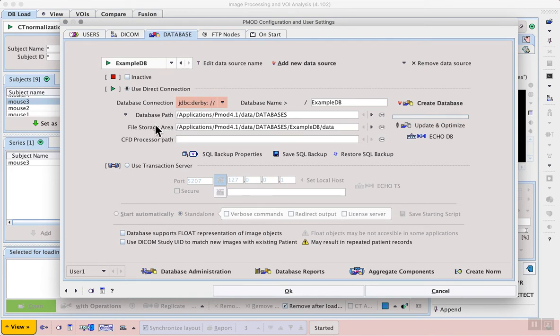The database path and file storage area are automatically populated, by default storing the data in the Pmod folder, and within the databases folder we have a dedicated folder for the new database with its own internal data folder. At the moment, the database has not actually been created, it's only planned. So to create the database, we should really use the button on the right hand side,